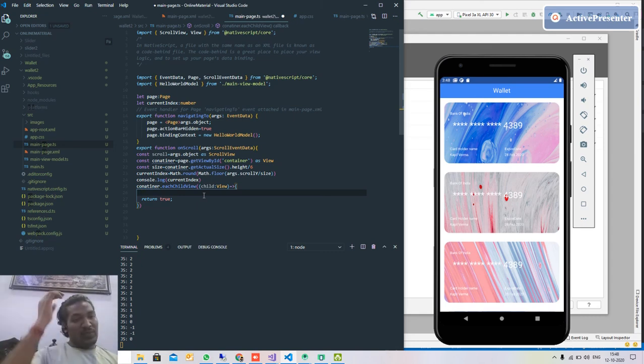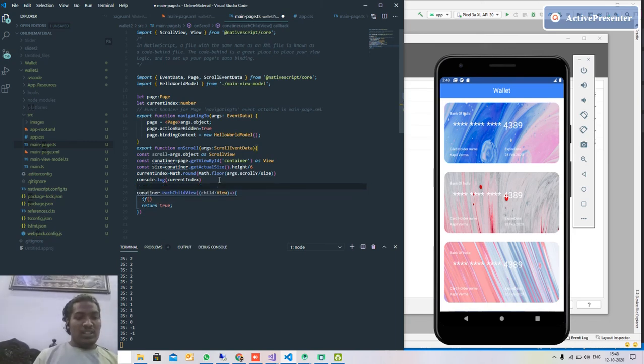Now we need to find what the translation should be. So first, if the current index... how will we find the current index? It should be let, because every time we need to change it, and here we are increasing the index.